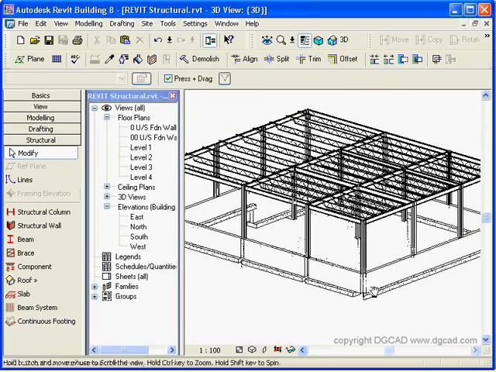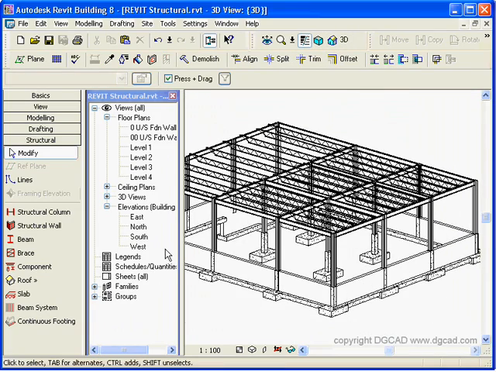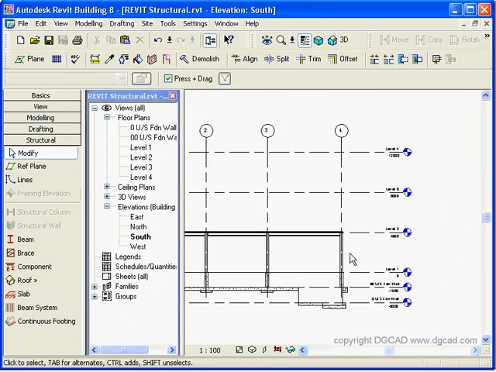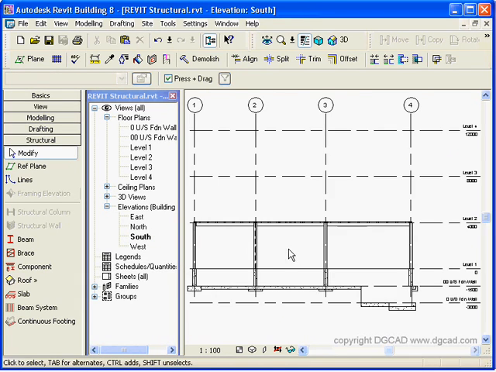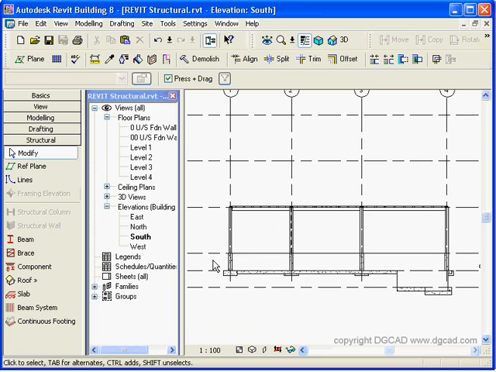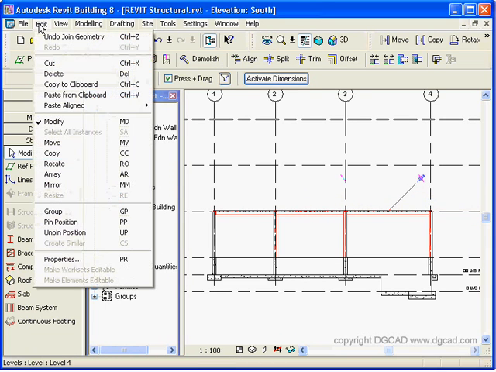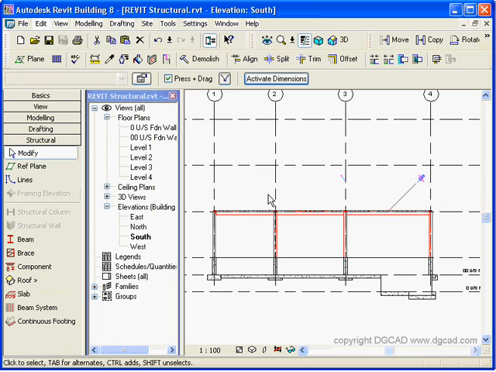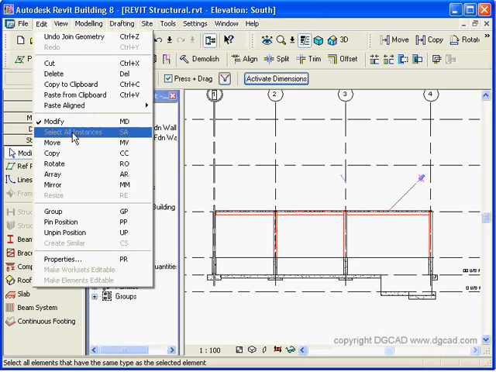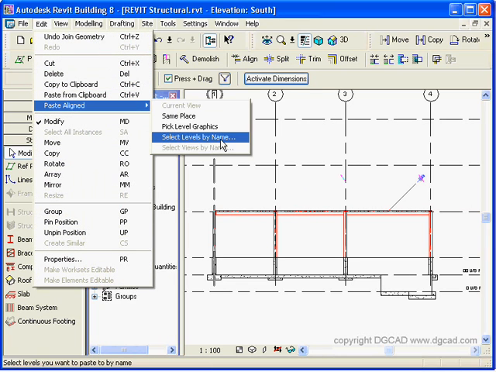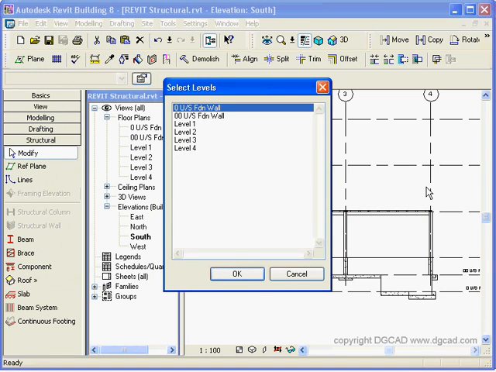And so let's have a look at our model here in 3D and see how it's shaping up. It's not too bad. Maybe have a look at the south view. Now I want to start to copy some of this stuff up to other levels. So I can just do a window around here, and it'll grab everything throughout that area with a crossing box, and I'm going to do my good old edit, copy to clipboard. Then I'm going to go edit and say paste aligned. I want to select my levels by name, and you can see that